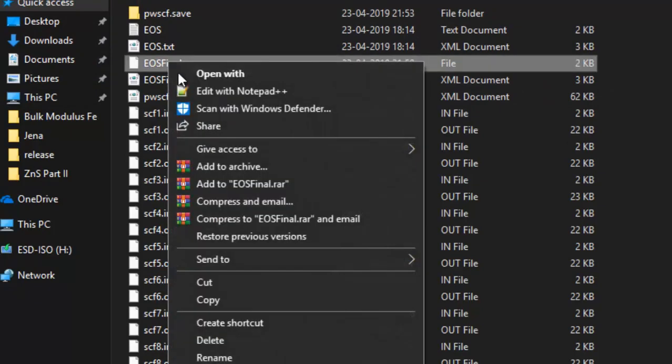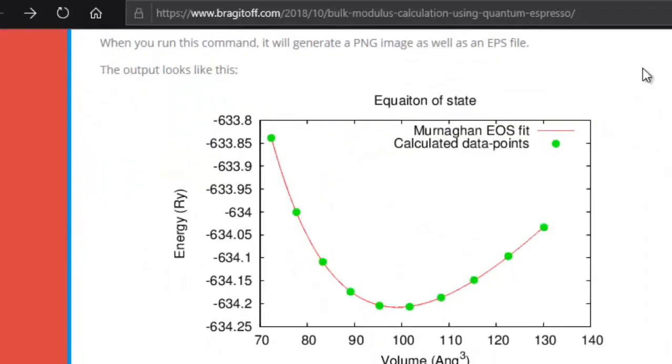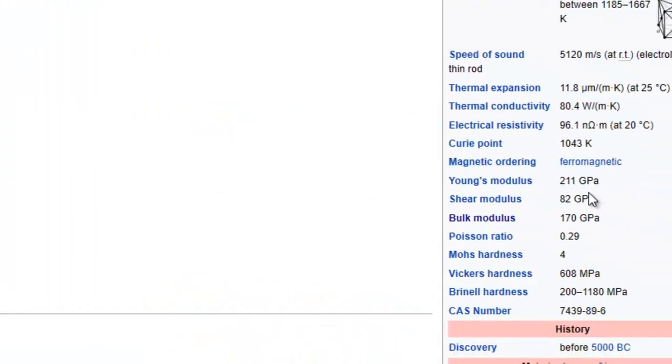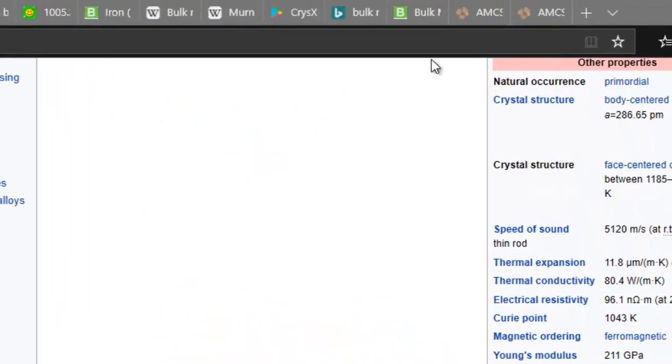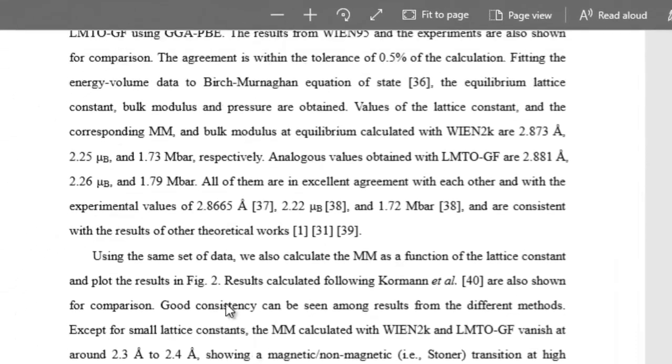Just right click on it and open it with your favorite text editor, and you will notice that now you have an equilibrium volume that is 23.12 angstrom, bulk modulus in GPa that is 154.3, which is not very close to the value given on the Wikipedia page, that is 170. However, I've noticed here that other people have gotten 173 using DFT, so